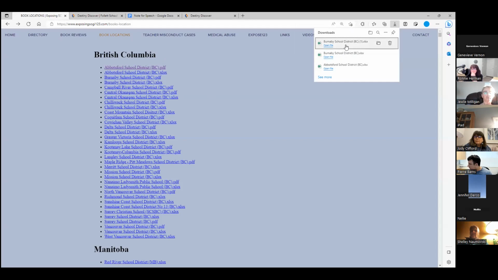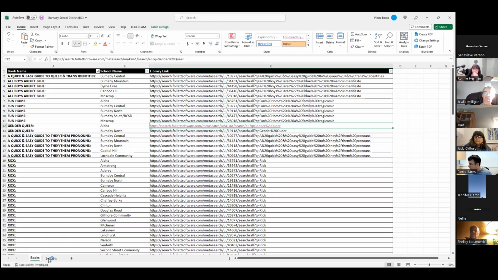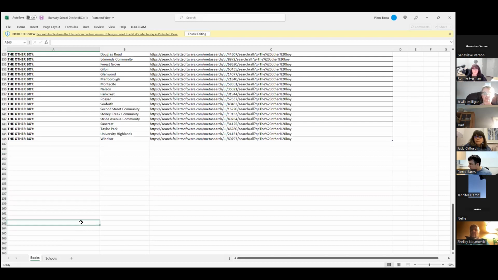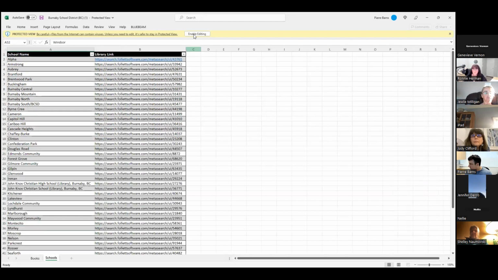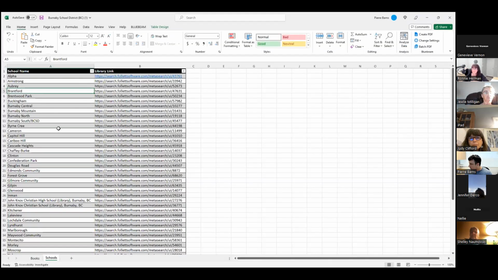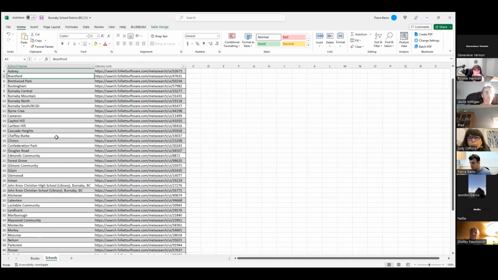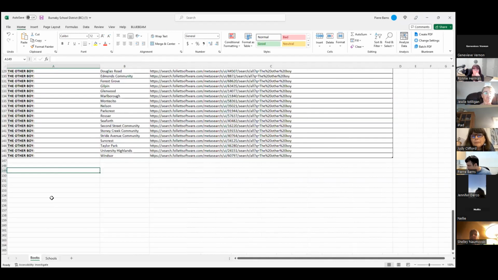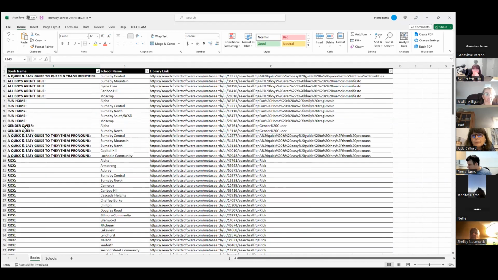You can have the list of schools. If you click on the school tab, you're going to have all the school names here, and the links directly to the libraries. Now I just want to find the school that has Genderqueer, which is Burnaby North, okay, and Alpha.